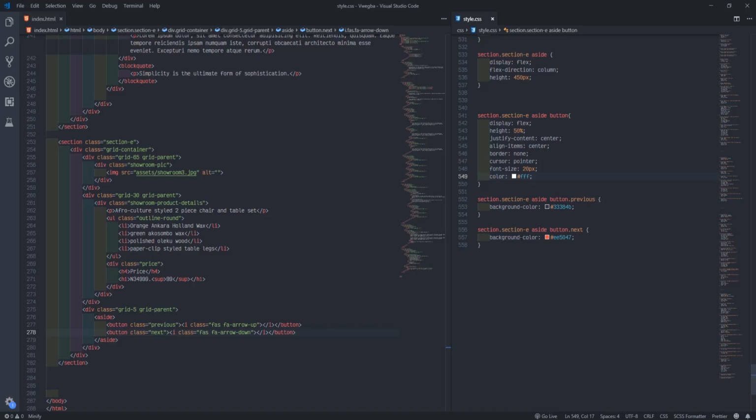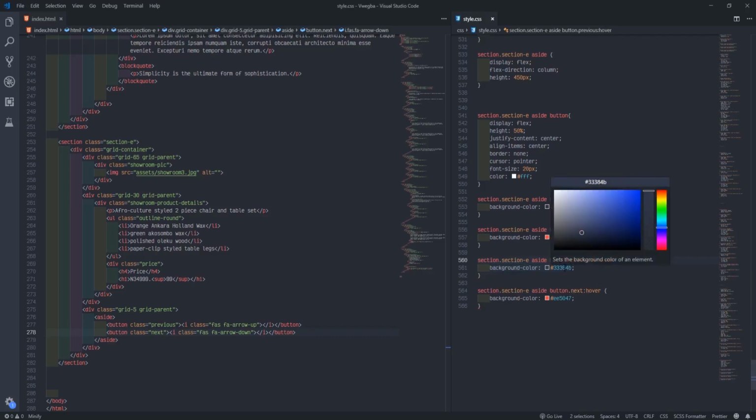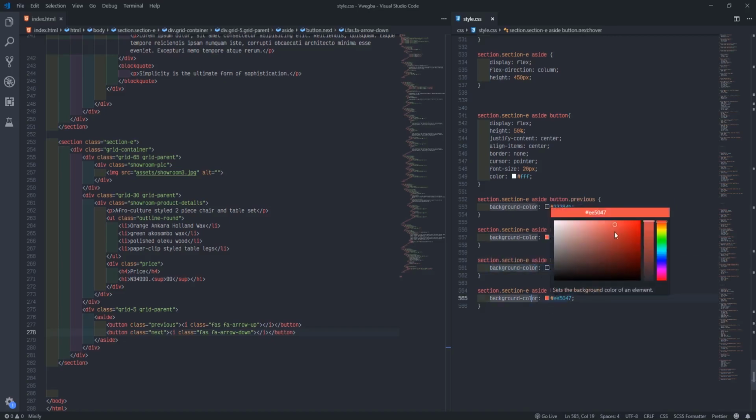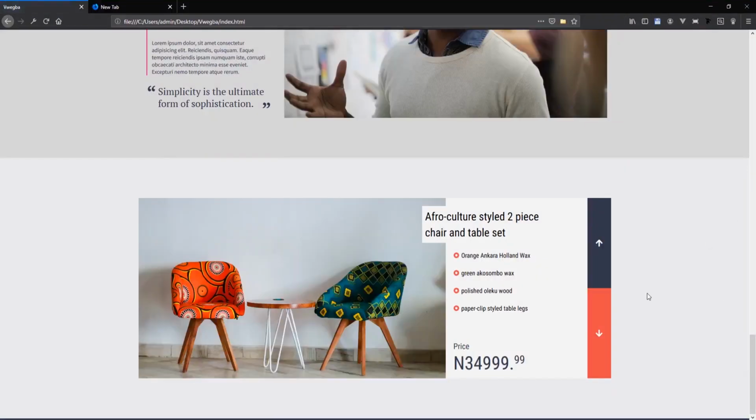So what I'll do, I'll just come here, I'll duplicate these two. Then I'll put hover. Then change the color here. That's how I'll do it. Okay, measure this and come down small. So you see the new color, see the previous color now. If I hover and go dark like this, you see the color. Then this one too. I'll take them down small. Okay. Fine. So I refresh and you see how it looks.